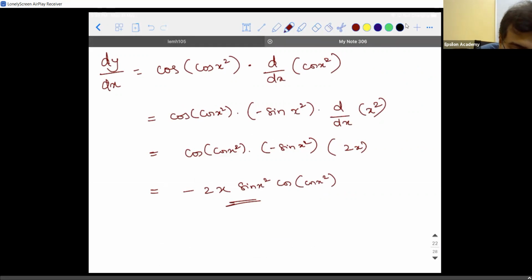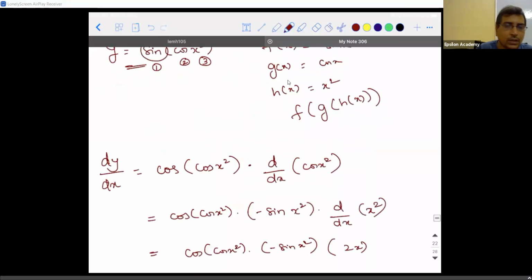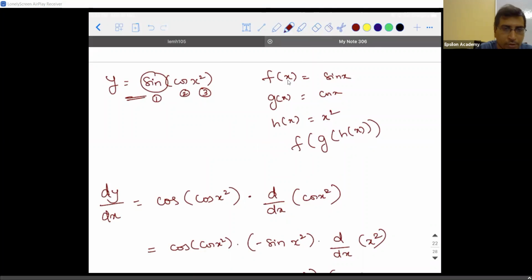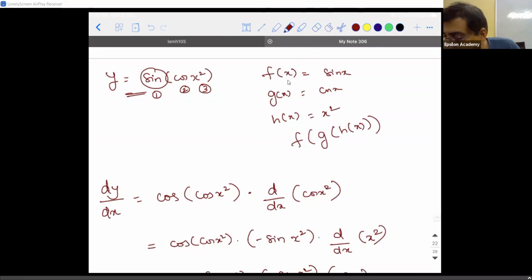So cos x square is a composite function. Yes, it is. Then how can we take it in common? We didn't take it in common. What I did is, here we have three functions. So whenever you are differentiating a composite function, the logic is like this. The first function's derivative should be written with the 2nd and 3rd remaining the same. See, what I did here is, the derivative of the first function is cos. Derivative of sine is cos. I didn't disturb 2 and 3.